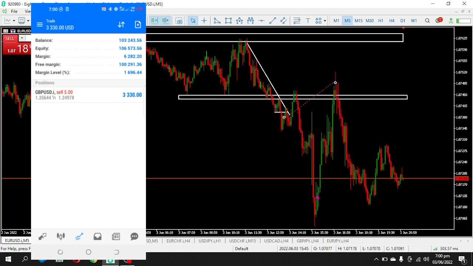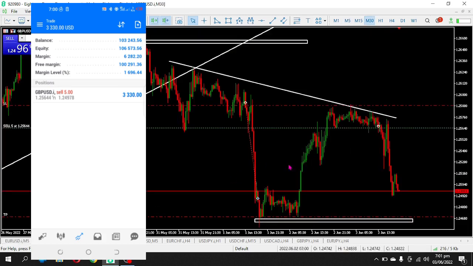It pulled down and we were in profit. At some point we were in profit over $5,000, but then the Euro USD trade pulled back and hit our stop loss. You can see we sold at this point, but then it dropped to this level and then pulled back up and hit our stop loss and then dropped again. But our GBP USD trade held on and we're in profit,